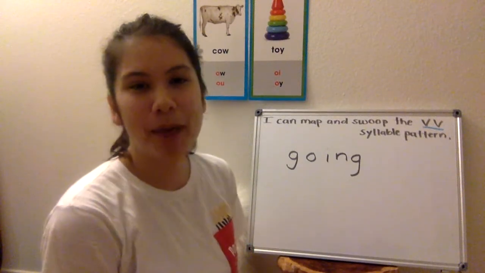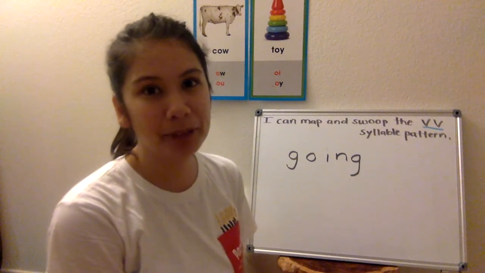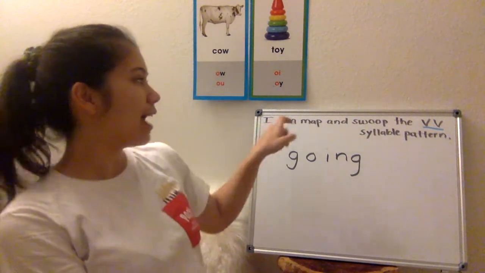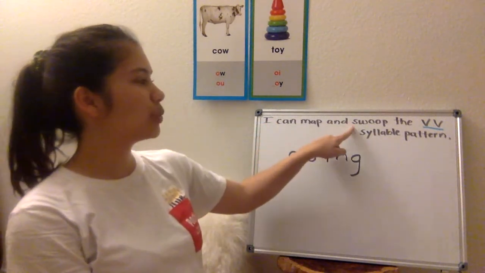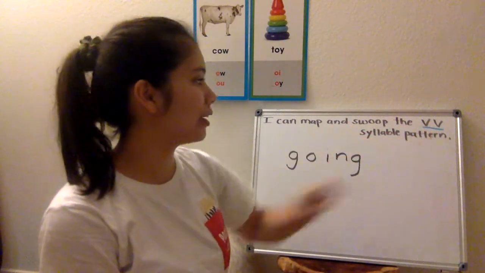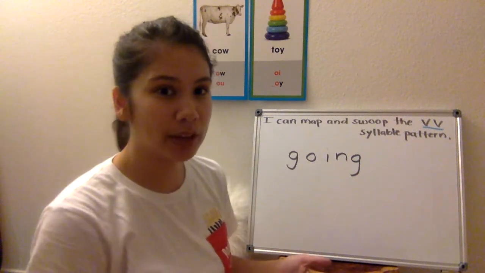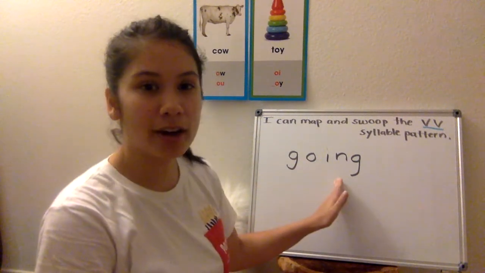Today we're going to map and swoop the VV or vowel-vowel syllable pattern. So our objective is I can map and swoop the VV vowel-vowel syllable pattern. So the way that I'm going to do that is first I'm going to map out where I see my